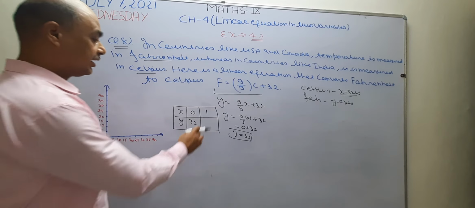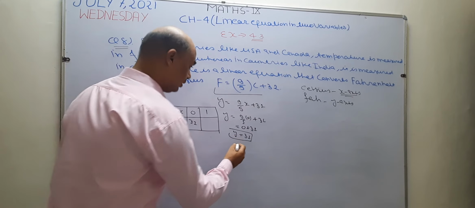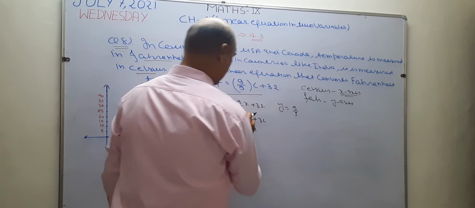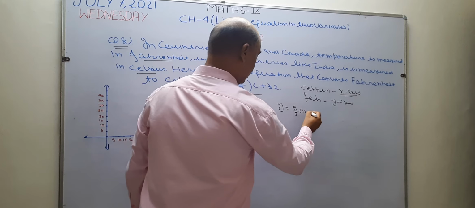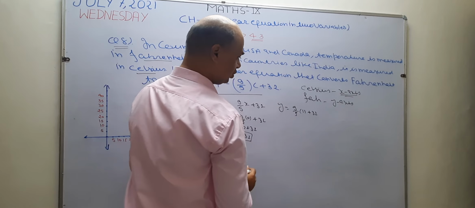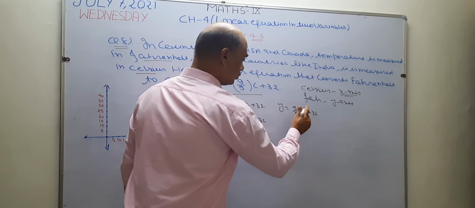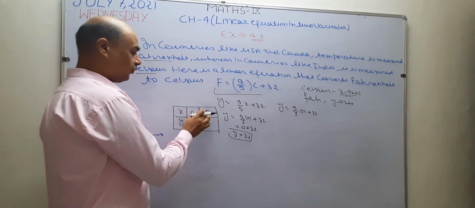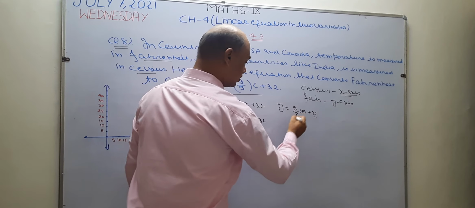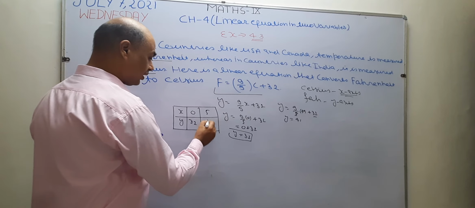Now next time I take x equal to 1. So I want to substitute the value of x as 1 here. I write this equation again, 9 by 5. Now this time I write 1 instead of x. Now see, instead of 1 you can take 5. This becomes easier because 5 is going to cancel with 5. Instead of 1 you can take 5. This 5 is going to cancel with 5. 32 plus 9 is equal to 41. So when x equal to 5, the value of y becomes 41.